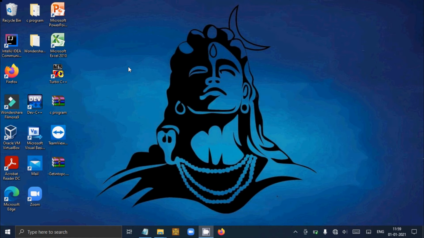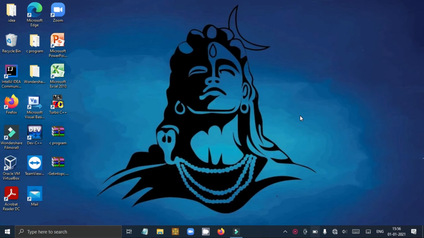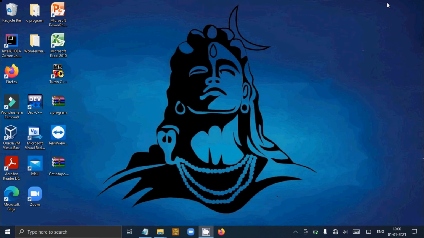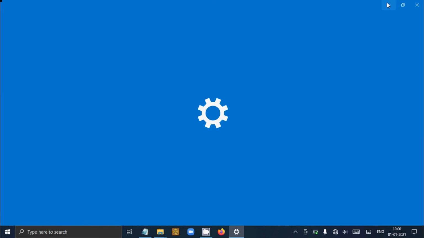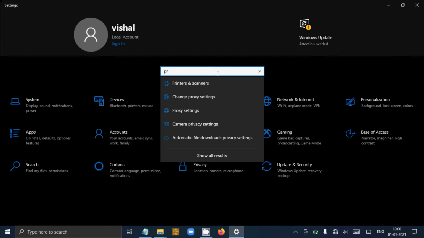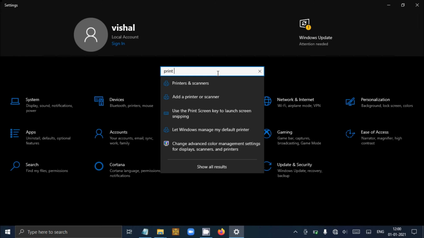If you want to save a screenshot from the keyboard on your laptop, you can save it by clicking Windows plus Alt plus Print Screen. Go to settings and search for print screen.